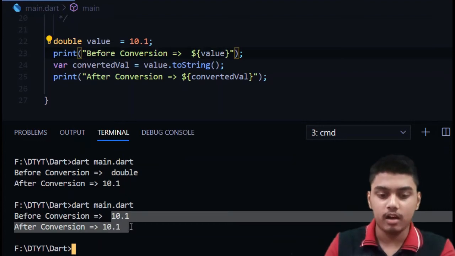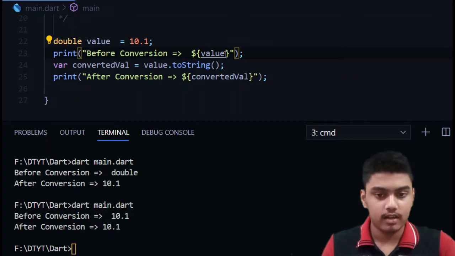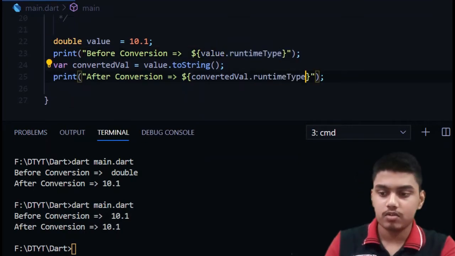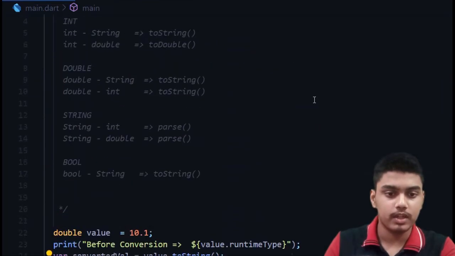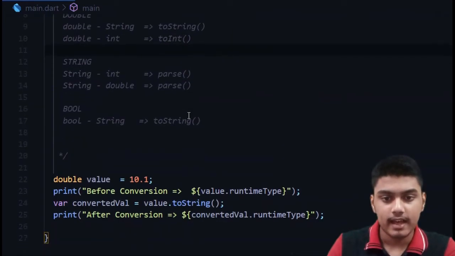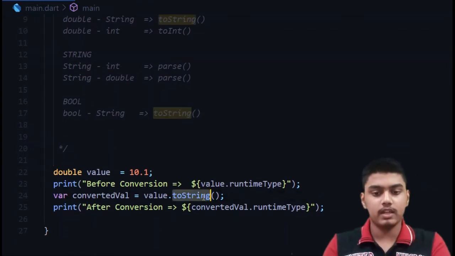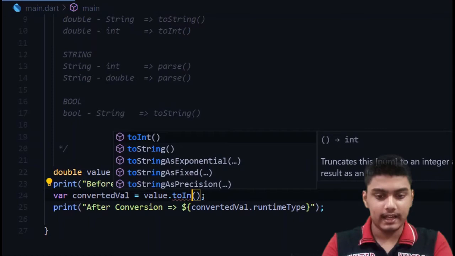You cannot just tell by looking at this. That's why I use the runtimeType so that you can check it. So now we have covered converting double to string. So guys, the next one is double to int, and the function is toInt. So it is very simple, just converting this to int. So replace this with toInt,